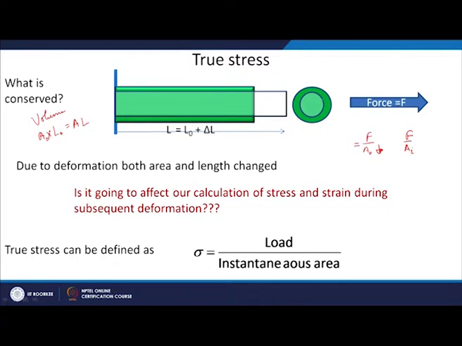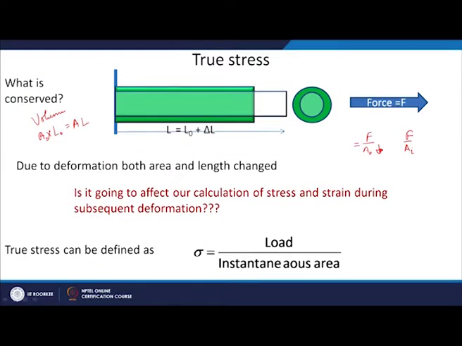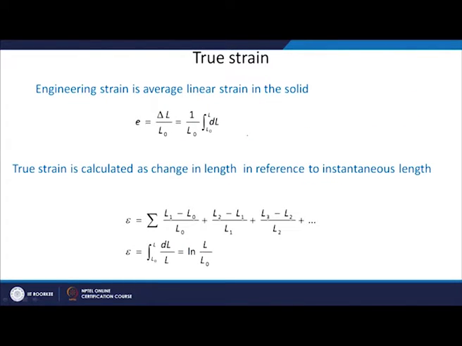Now, for subsequent deformation when the length is again increasing to some other value, if I divide it again by the initial length, the strain which I am going to get is not the correct strain, because in between my length has increased to L. So, for subsequent deformation I should use the actual length of the material to get the strain, and that is the problem. So, for true strain we will take the instantaneous length rather than the original length.